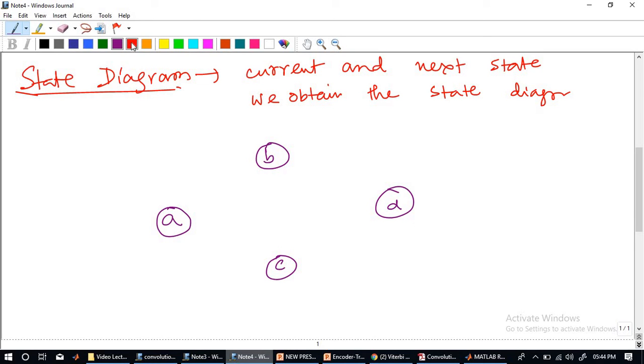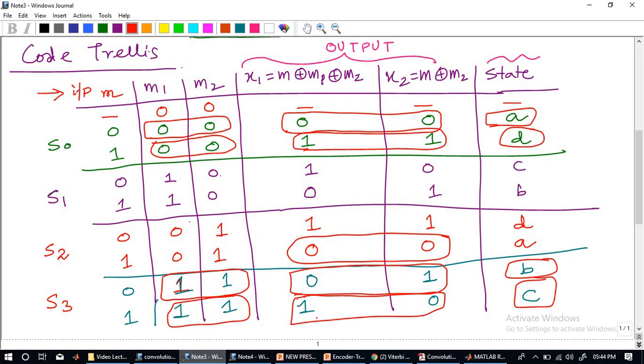For example, what I will do is red color indicates zeros and black color indicates 1. So whenever the input is 1, what will be the state? Whenever the input is 0, what will be the state? So the state table, if you have this state table with you, 0, 0 is the state. It is remaining at A when 0 comes in. Please check this thing out. This is the state table given for the time being. So when 0, 0, it is at state A. 0 comes in. The state is remaining at A.